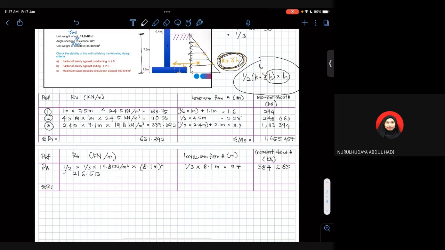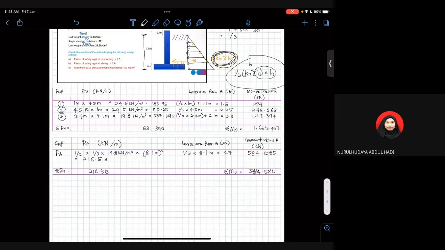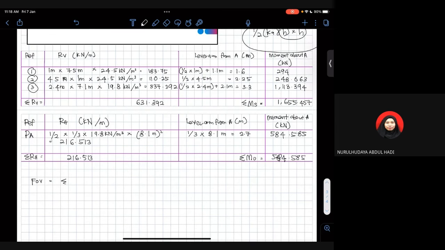Total RH berapa and total overturning moment berapa? Sama je value dia because kat sini kalau ada tambahan pun mungkin daripada surcharge. Tapi dalam soalan tak ada cakap surcharge pun. Dia minta kita check on the factor of safety against overturning. You boleh kira mana-mana satu you suka, tak ada masalah. Total stabilizing moment divide with total overturning moment